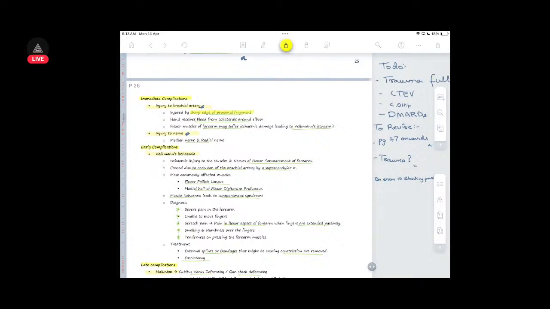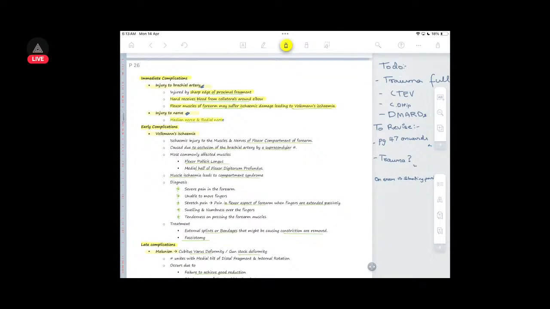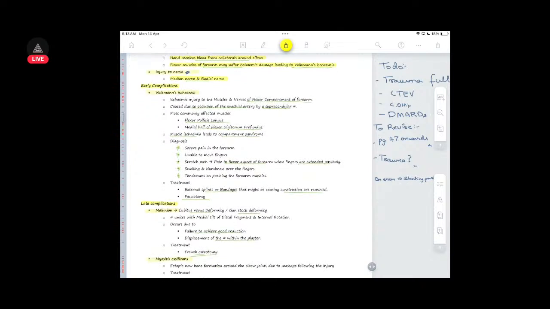Injury is by the sharp edge of the proximal end. The hand receives blood from the collateral side and the elbow. Flexor muscles of the forearm may suffer ischemic damage leading to Volkmann's ischemia. Injury to the nerve, we have median nerve and radial nerve. So Volkmann's ischemia is ischemic injury to the muscles and nerves of the flexor compartment of the forearm caused due to occlusion of the brachial artery by supracondylar fracture. Commonly affected muscles are flexor pollicis longus and medial half of